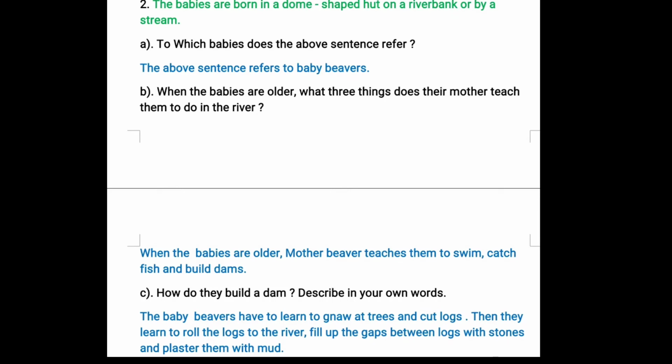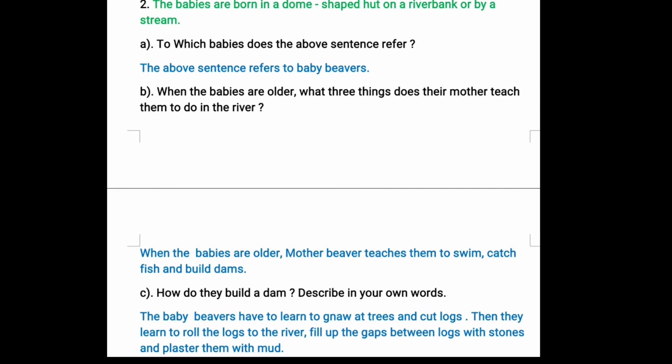Next, question number C. How do they build a dam? Describe in your own words. So, how do the beavers build a dam? The baby beavers have to learn to gnaw at trees. G-N-A-W, gnaw at trees and cut logs. L-O-G-S, logs. Then they learn to roll the logs to the river.